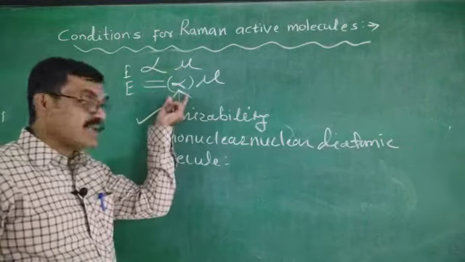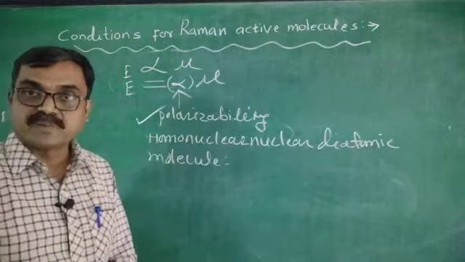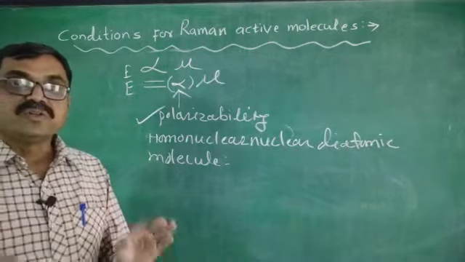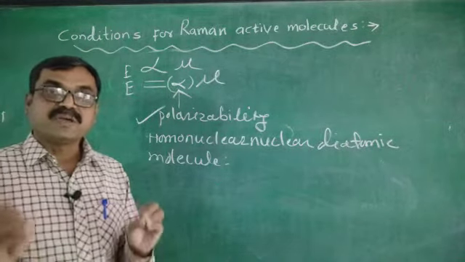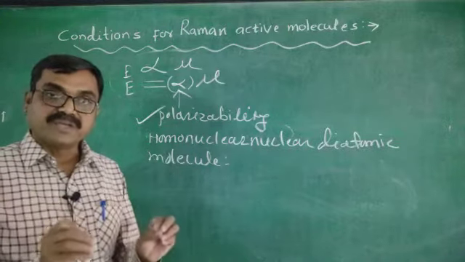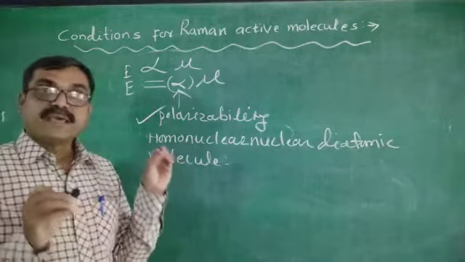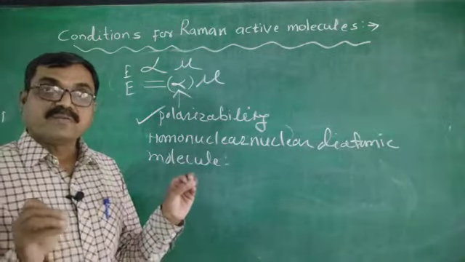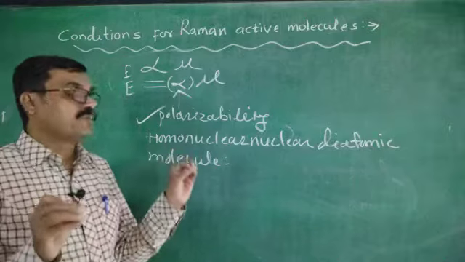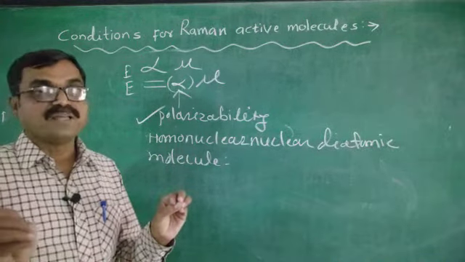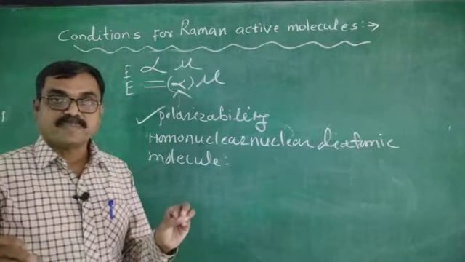It is in this way. Here this alpha is the polarizability of that molecule, and very important, a homonuclear diatomic molecule gives the Raman spectra because there is a change in the dipole moment, that is, they show a change in the polarizability. Again, one important thing is that Raman spectroscopy is complementary to microwave as well as IR spectroscopy. Okay.